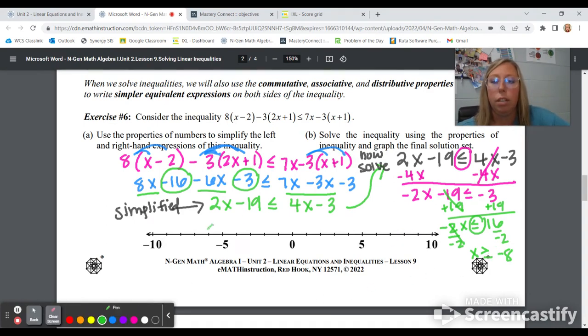Go over here. 1, 2, 3. And since it says greater than or equal to, then that's everything to the right side of that circle. So the whole number line, including the arrow,